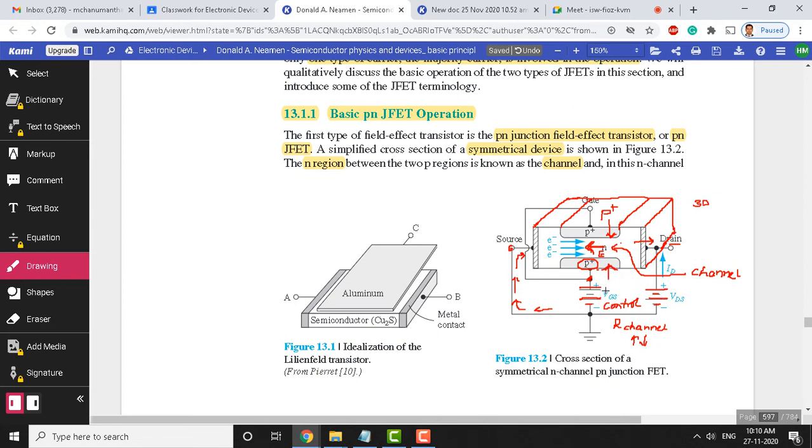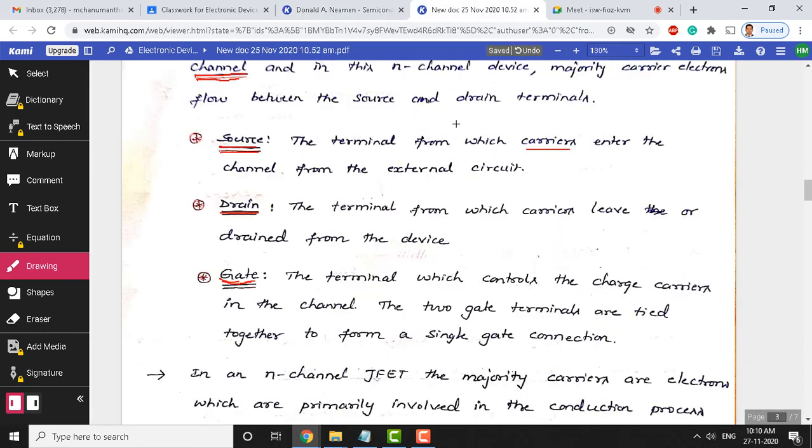We already told about the significance of this VGS. Through this vertical electric field, the channel conductance can be increased or decreased, and through this horizontal electric field we can attract, we can sweep electrons from the source terminal to the drain terminal. This is almost like a PN junction, right. Whenever there is a strong electric field at the drain end, from drain to source, then definitely this can attract charge carriers from the source terminal to the drain terminal here.